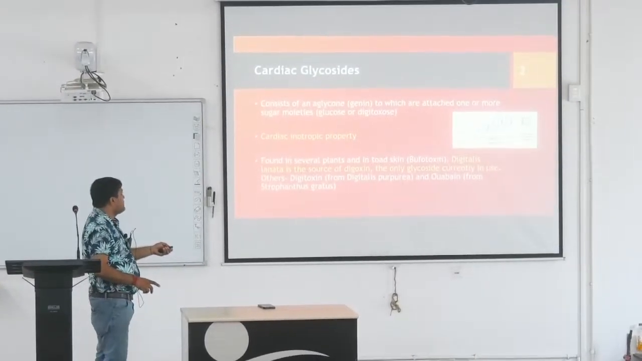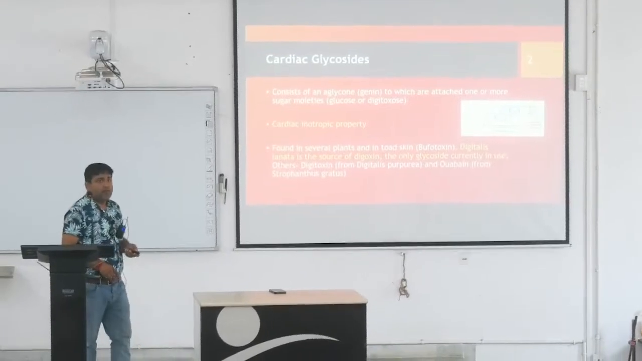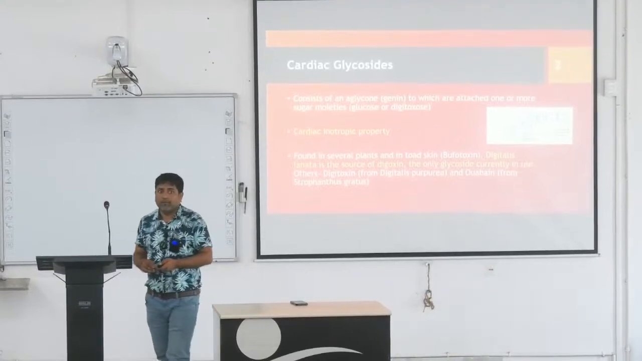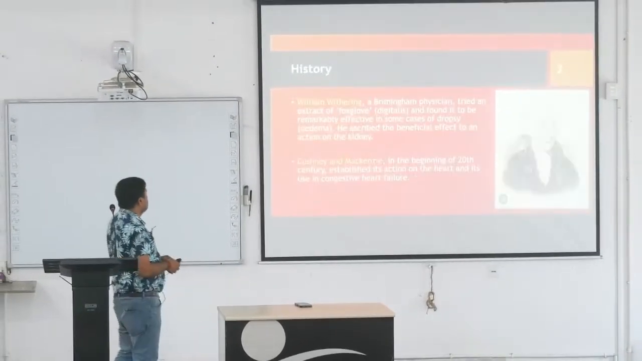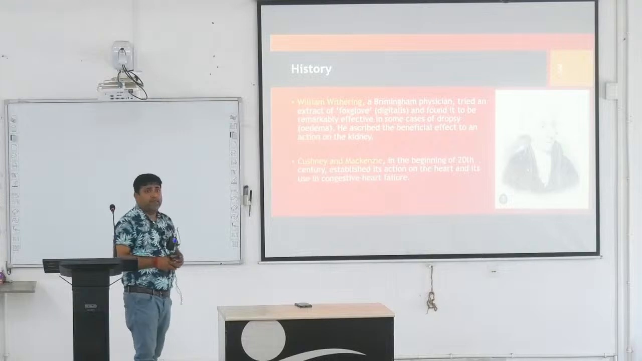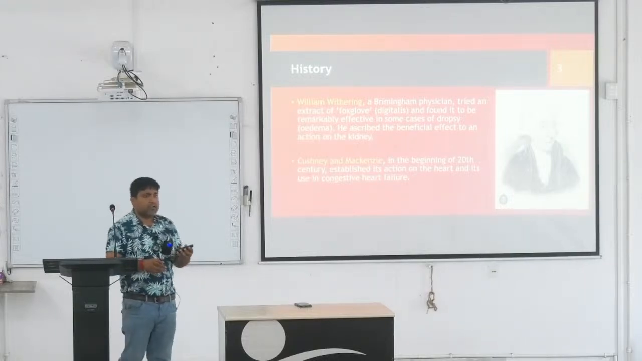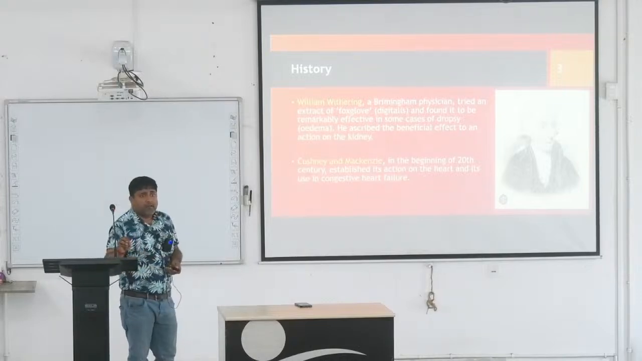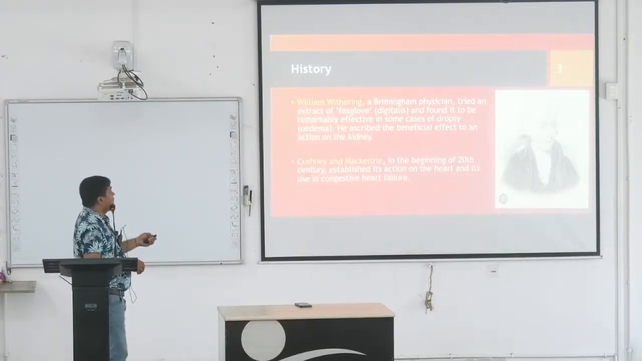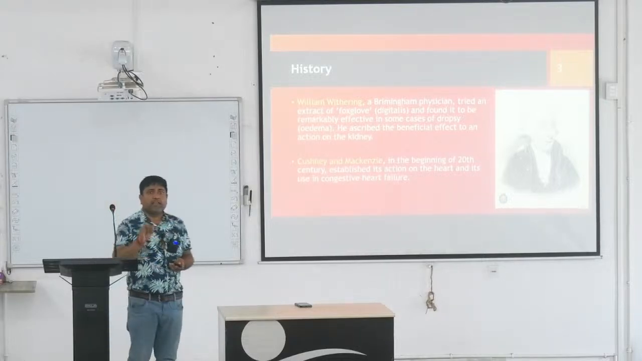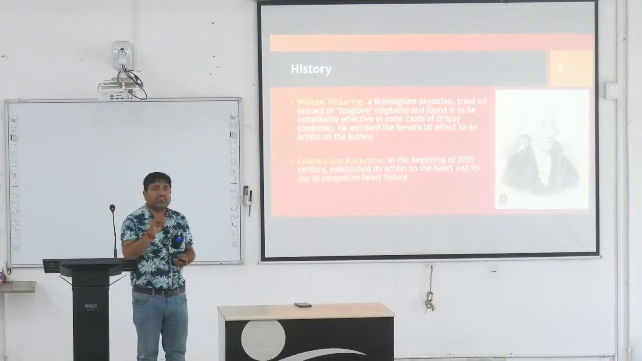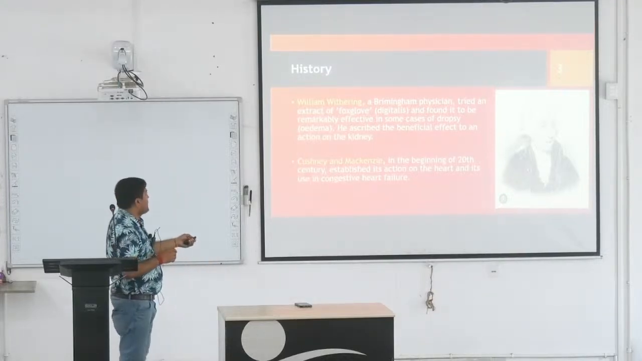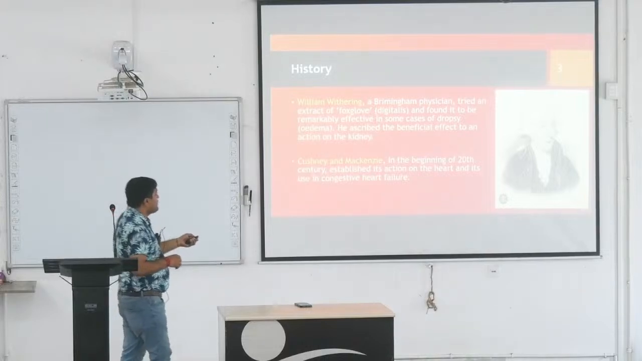The source of digoxin is Digitalis lanata, while the source of digitoxin is Digitalis purpurea, and the source of ouabain is Strophanthus gratus. Now, the history of digoxin or the cardiac glycosides. William Withering was a Birmingham scientist who basically tried an extract of foxglove containing digitalis on a patient of dropsy. Dropsy means having edema,